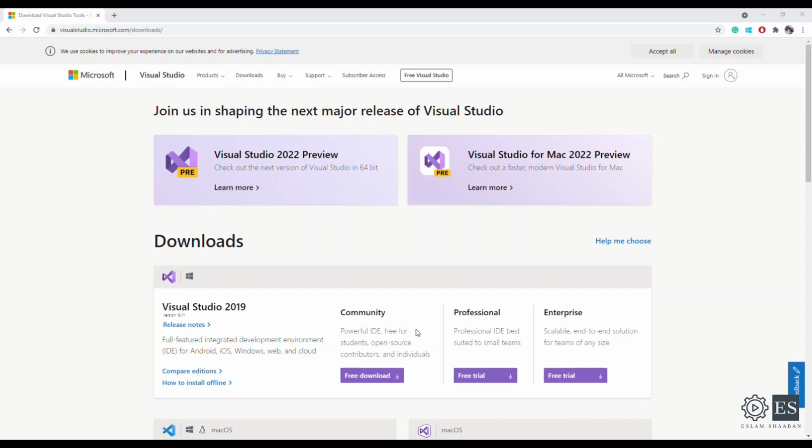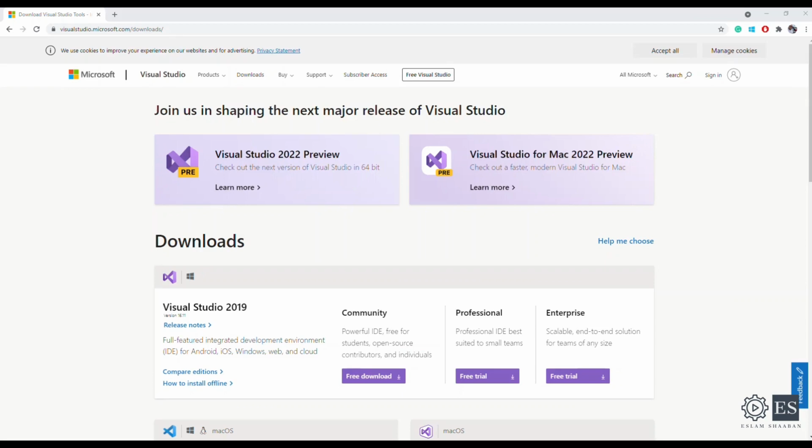There are three different versions of Visual Studio: Community, Professional, and Enterprise. Community is a free version, so you can download it if you would like. Of course, you can use Professional and Enterprise with TwinCAT 3. It's very important to install your preferred Visual Studio first before installing TwinCAT 3, so TwinCAT 3 will recognize the installed Visual Studio and start integrating with the installed version.